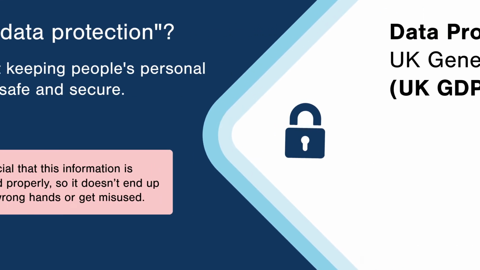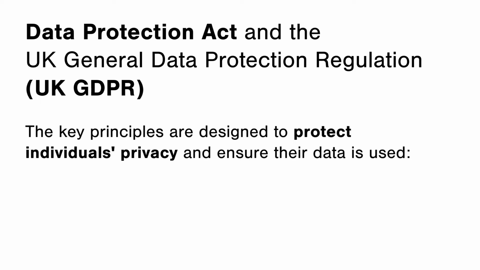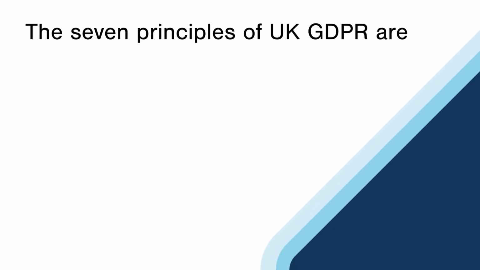In the UK, the Data Protection Act and UK General Data Protection Regulation, known as UK GDPR, set the rules for how schools should handle personal data. These rules are based on key principles designed to protect individuals' privacy and ensure their data is used fairly, lawfully, and safely. The 7 principles of UK GDPR are